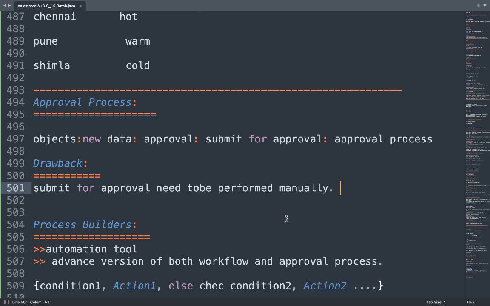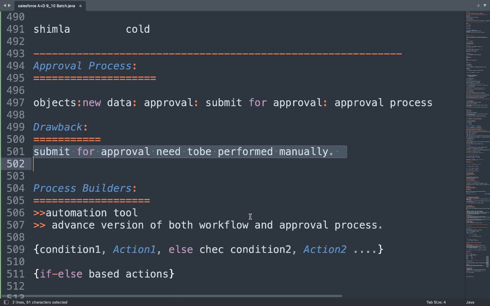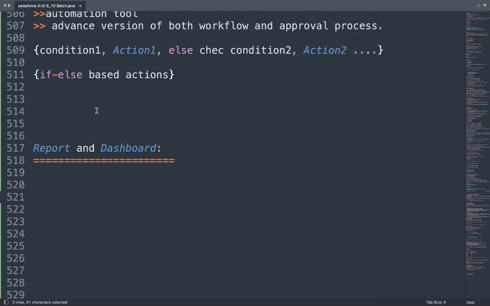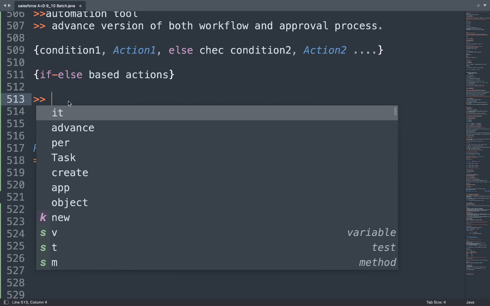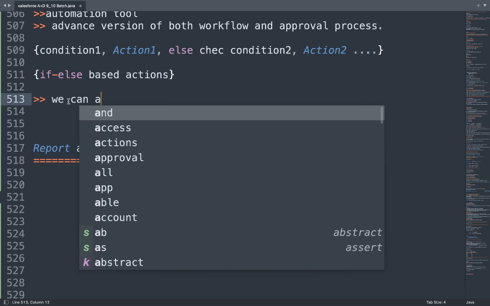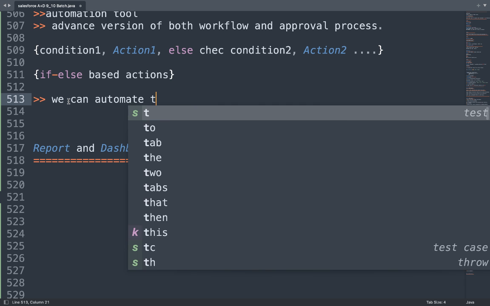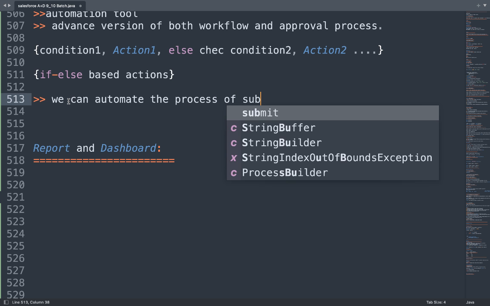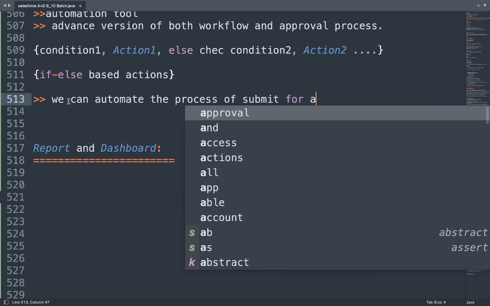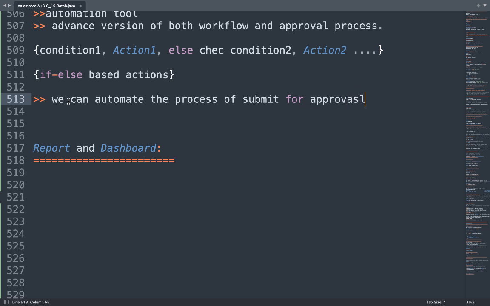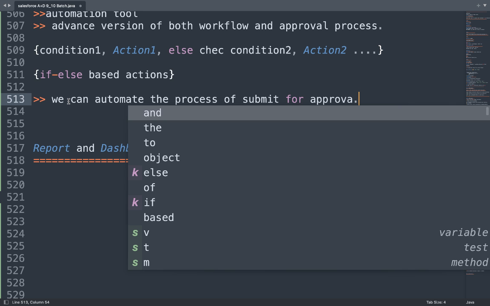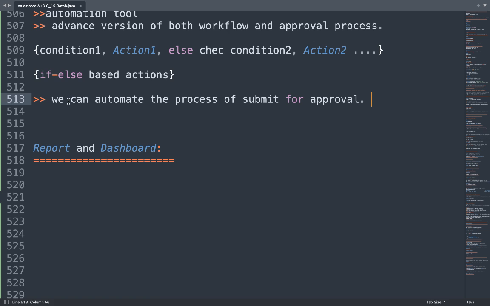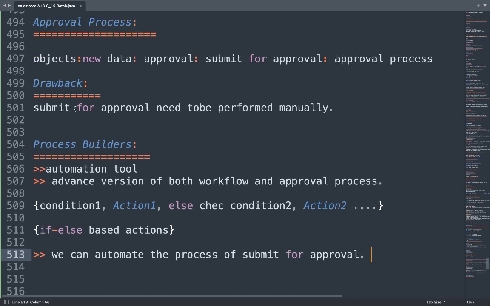Okay, you will have to manually click on it. With approval process, you can automate that as well. Okay, we'll see how we can do it through process builder. So this is the theoretical aspect